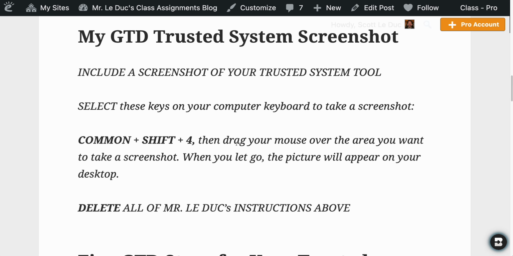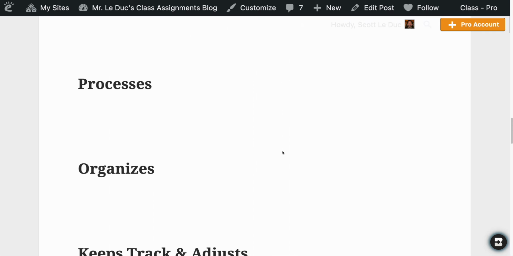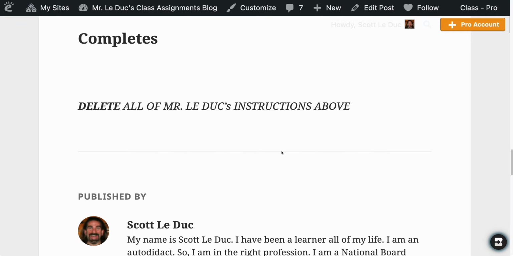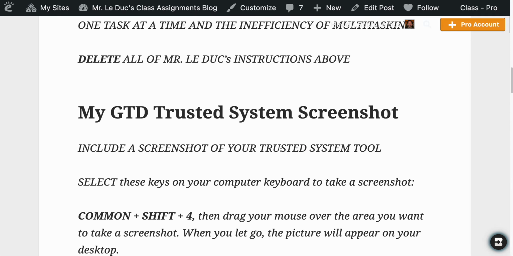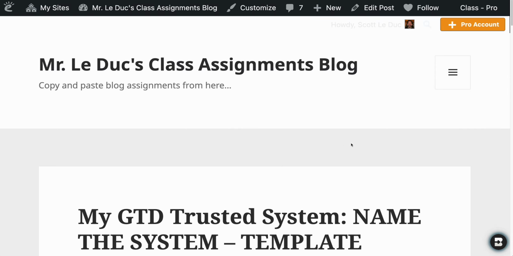So you're going to be doing a screenshot. I want to actually see your system. I don't care about the specific contents. That's yours. But what tool are you using, or tools? With Command-Shift-4 on the Mac, you can drag over the area you want to take a picture of. It takes a picture of it and puts it on the desktop. Then you can drag and drop that or place that into your blog post so we can see it. And I want to know how your system does these 5 things. Okay, so just write a complete sentence for each one of those. And yeah, this shouldn't be too hard. And again, we're going to do that on Wednesday.